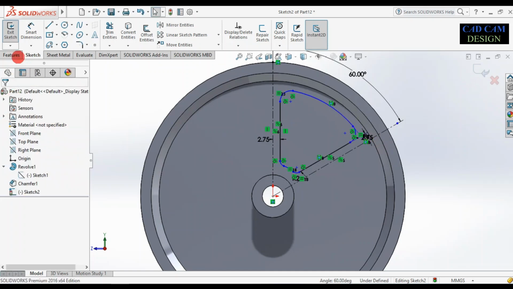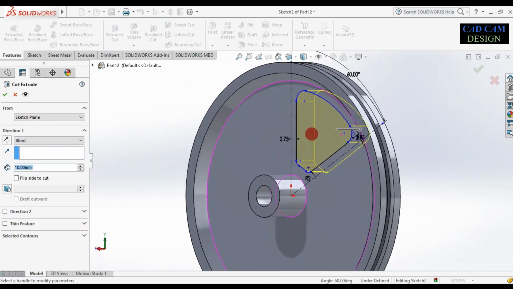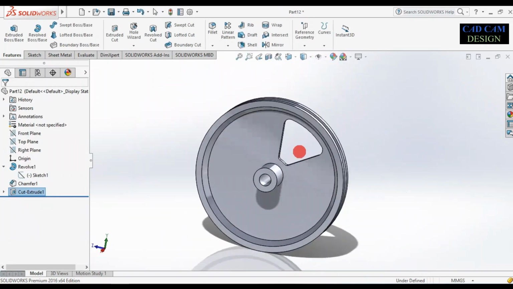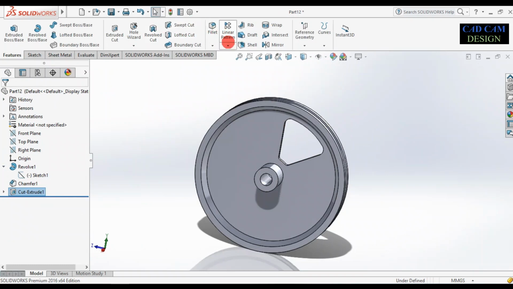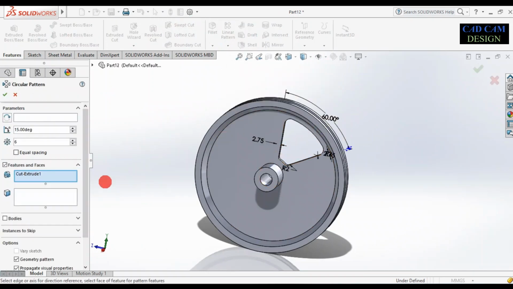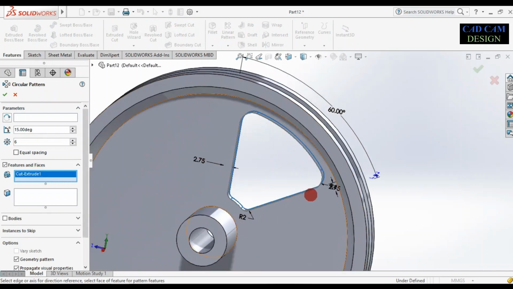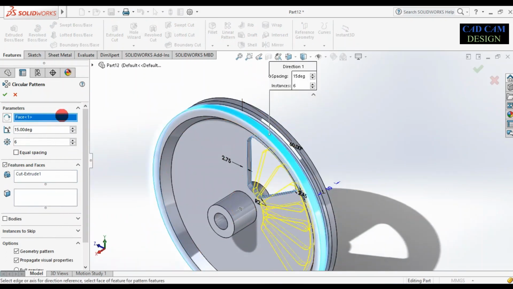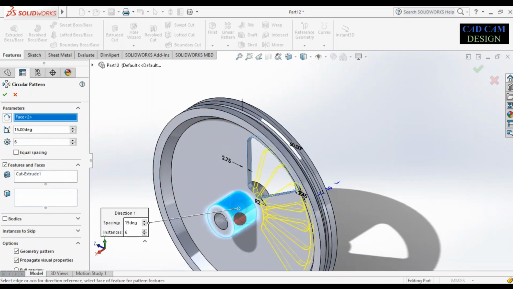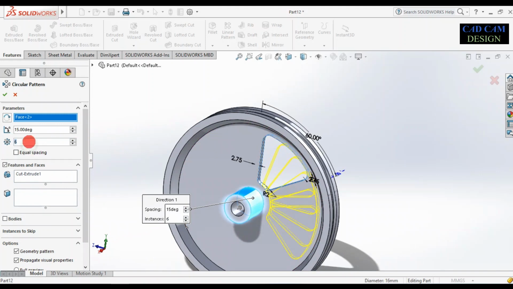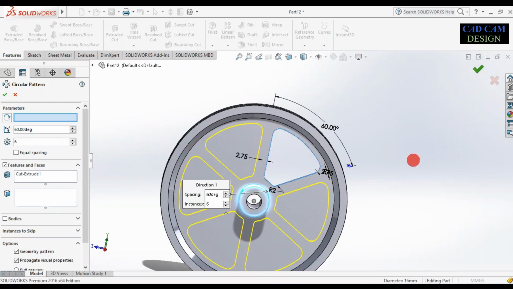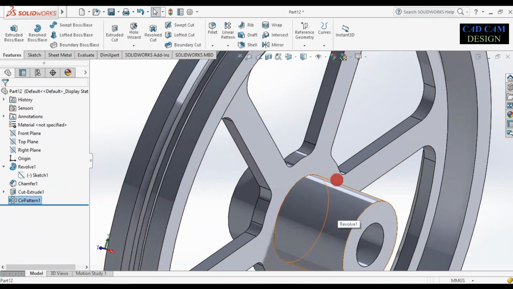Now simply go through console. See, now extrude cut. This will be extruded cut. Now OK. Now see, our one extrude cut is complete. Go through circular pattern. Now this extruded cut is already selected. Now this direction, two options are there. Now this surface and this surface, but we select this surface. Now the degree between this extrude will be 16 degree and our entity will be 6. Now this will be done. Now okay, now see our preview